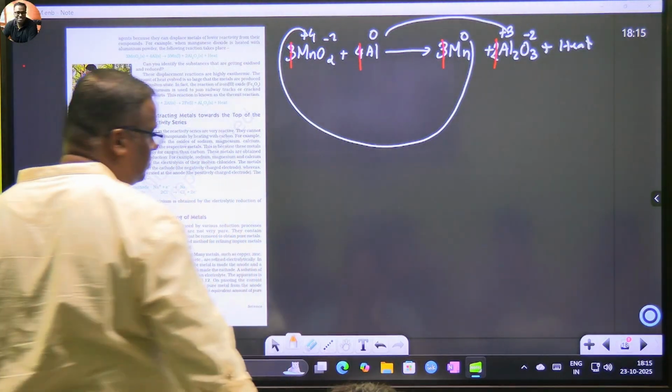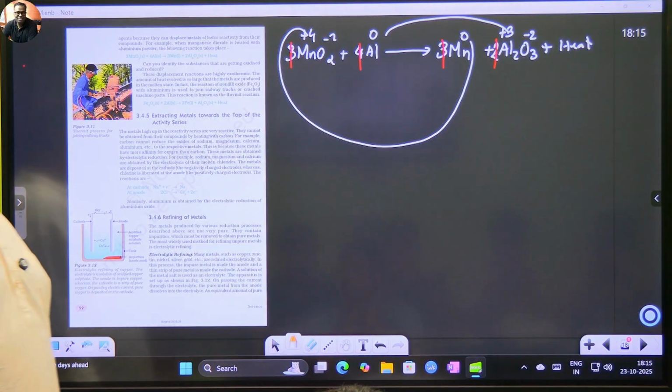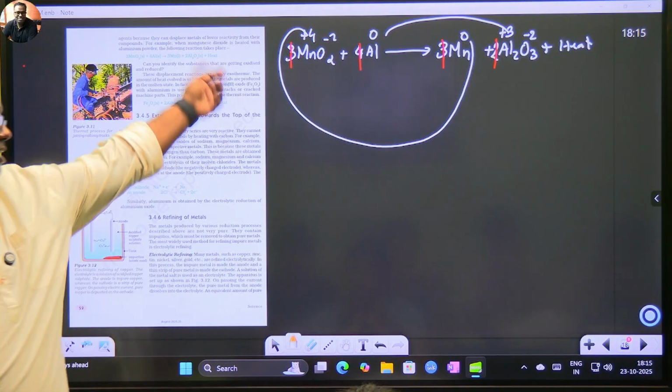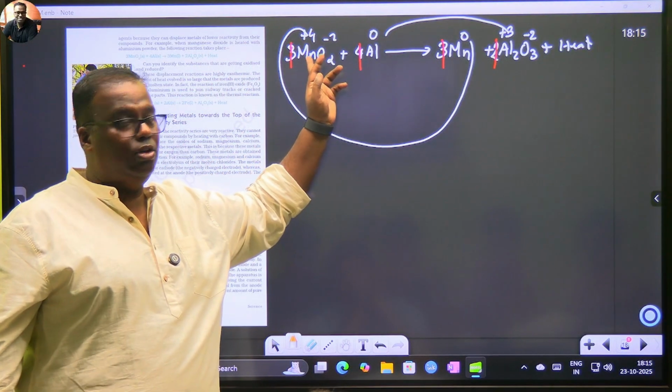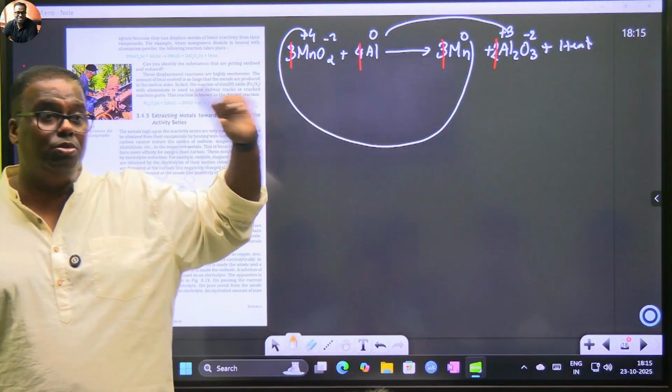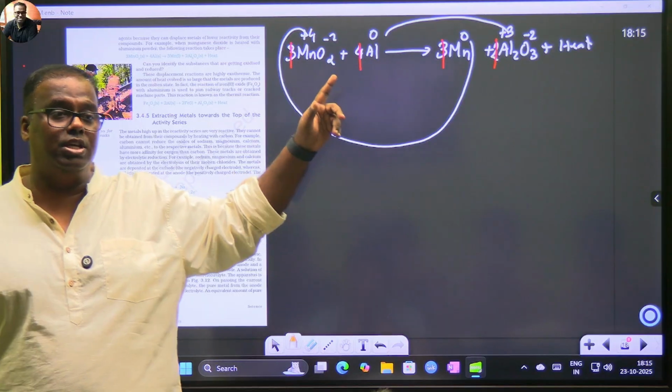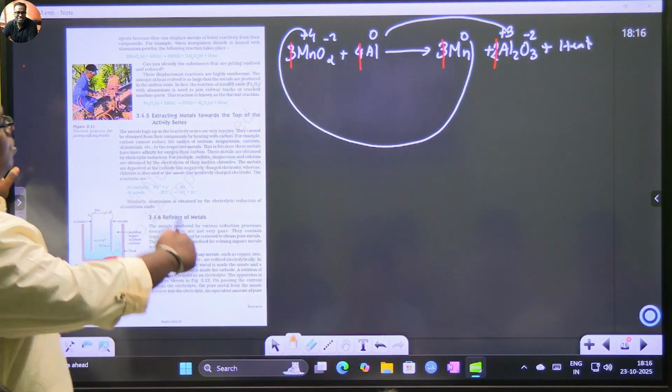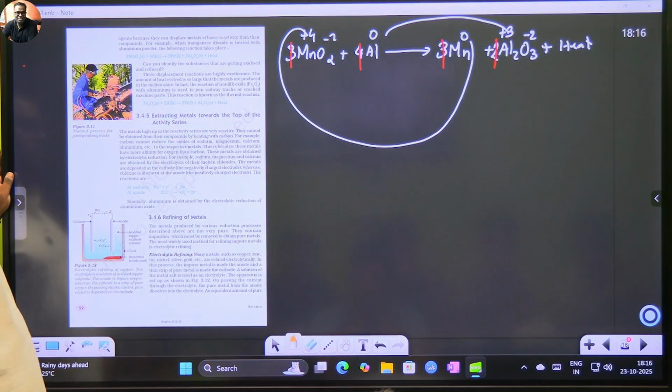Who is the reducing agent and who is the oxidizing agent? Oxidizing, this has been reduced. See, at the end of the day you want this product to come out, so you have reduced it. So aluminium is used as a reducing agent. Same here also, aluminium is used as a reducing agent. Clear? Then we go to the next one, that is